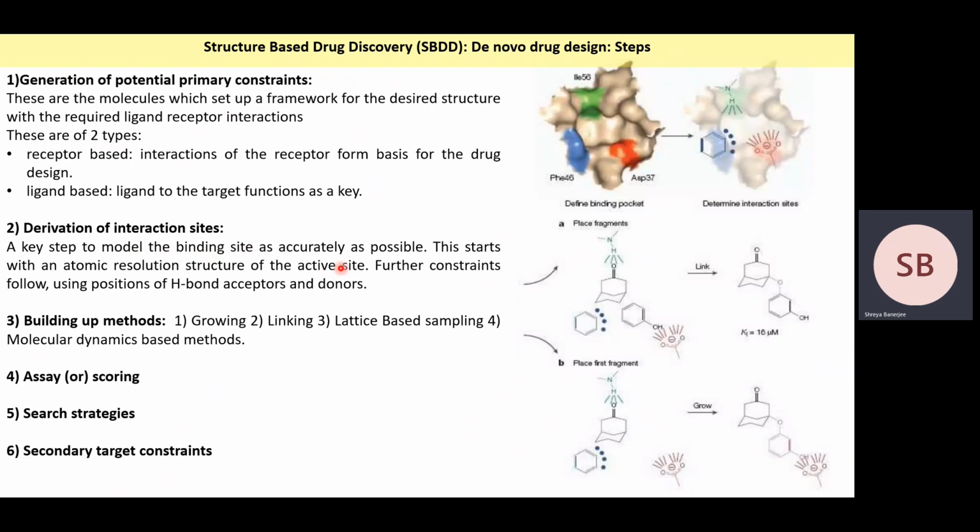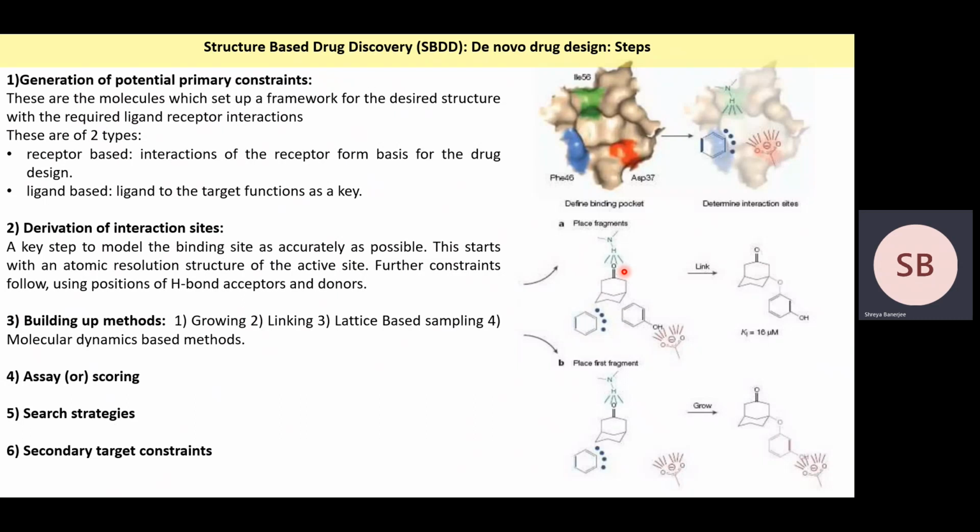A key step is to model the binding site as accurately as possible. This starts with an atomic resolution structure of the active site. Further constraints follow using positions of hydrogen bond acceptors and donors. So what does this mean? Suppose we have an NH in the binding site, then we can predict that the ligand must have a hydrogen bond acceptor, like a carbonyl group. So it is only when the interaction site is properly modeled that we can figure out more structural constraints for